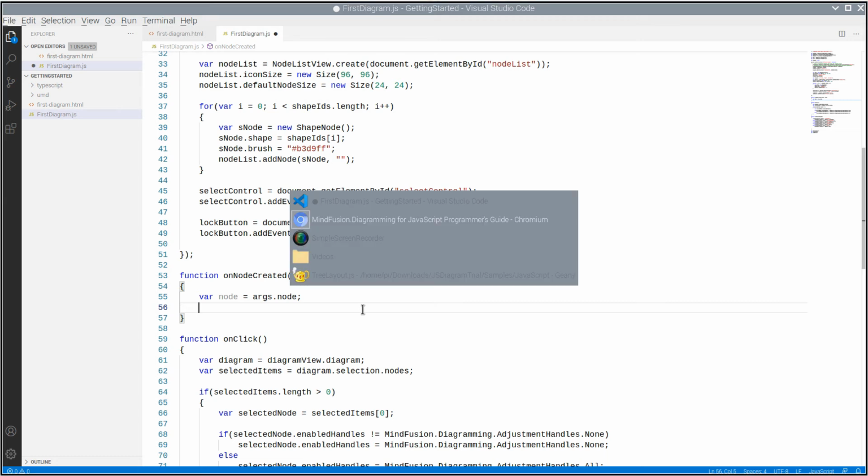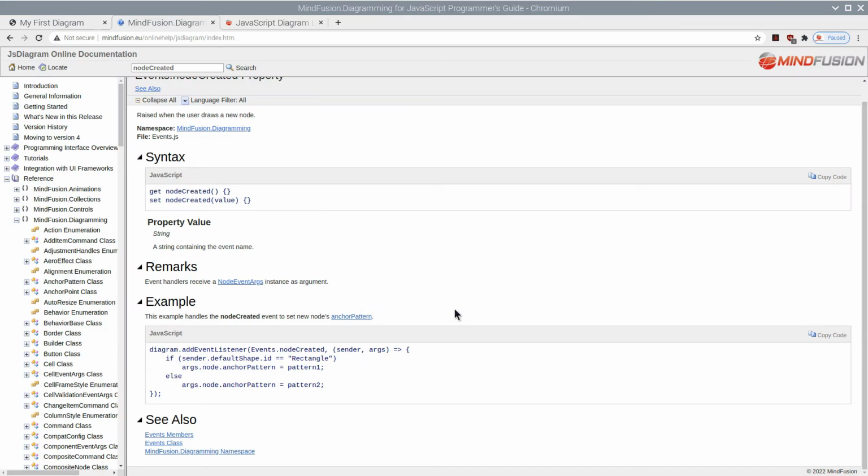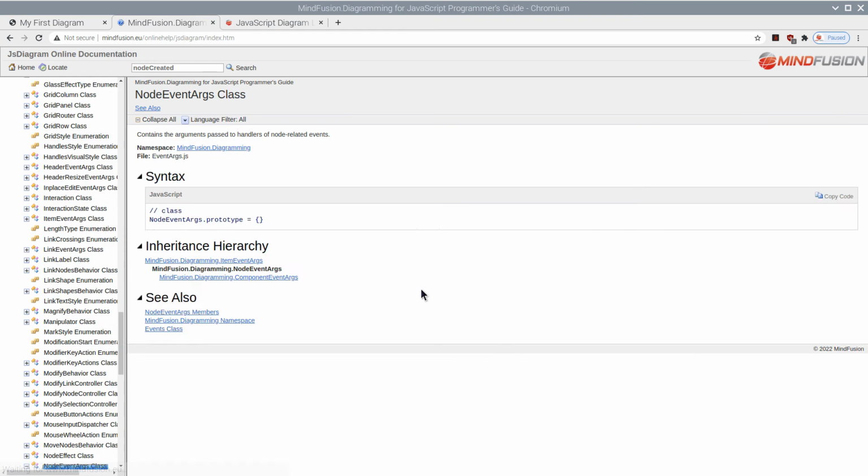The event data for node created gives us the new node, and we can apply the anchor pattern on it.